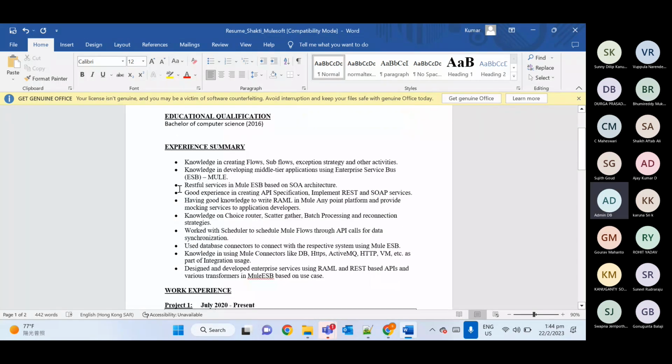Coming to this experience part, at this moment you can leave it as it is, but later I will give a script for everyone, because everyone should not have the same details. So we will do a slight deviation for everyone. For now, let this part be, but we'll work on it soon.